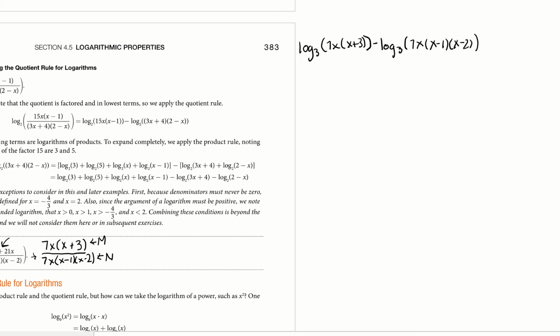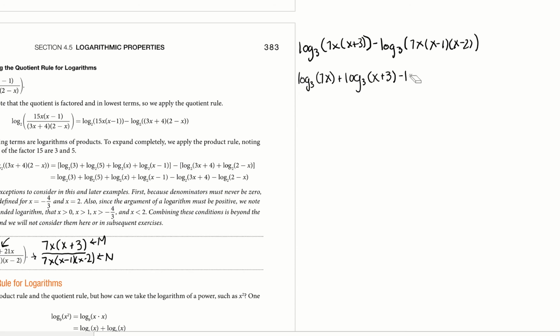So now I can break these up according to the product rule. So I'm going to get log base 3 of 7x plus log base 3 of x plus 3, minus log base 3,